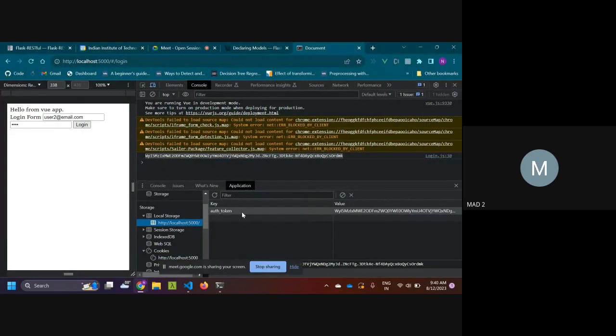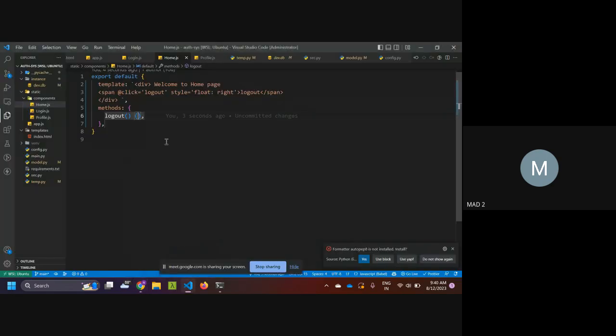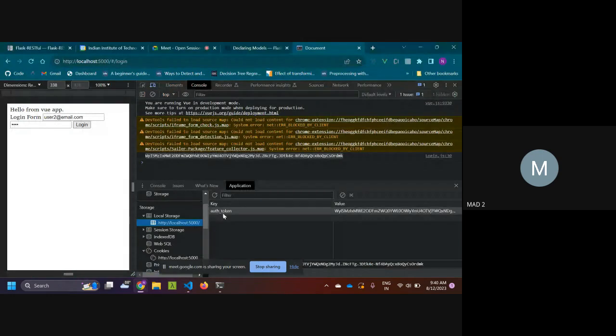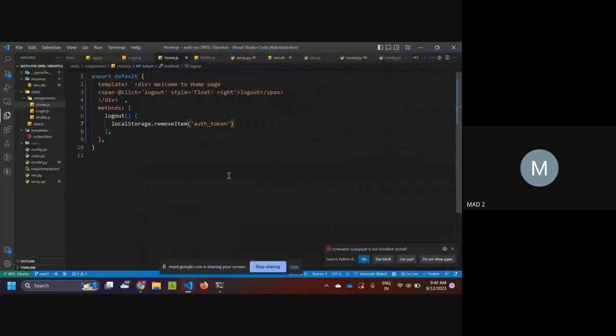So I'll just remove this authentication token from the local storage. localStorage.removeItem, and remove the auth token. I hope the name is correct. Yeah, auth token. We are removing this auth token, and then after that